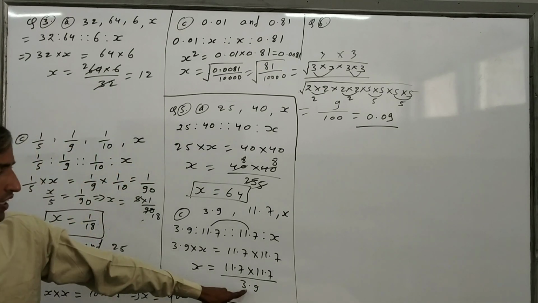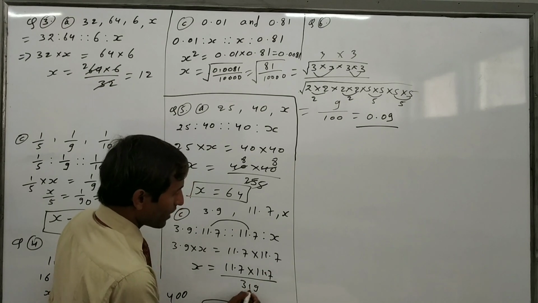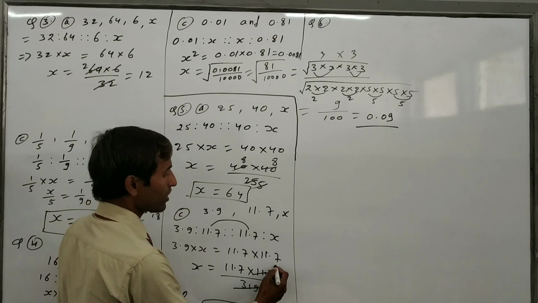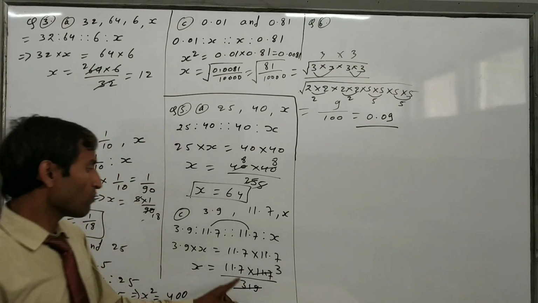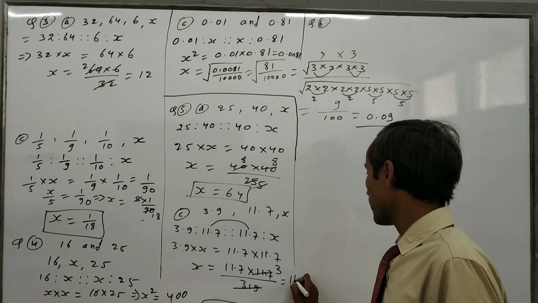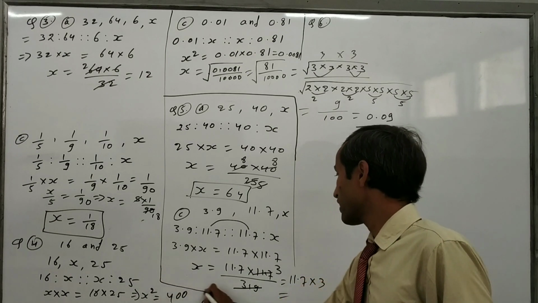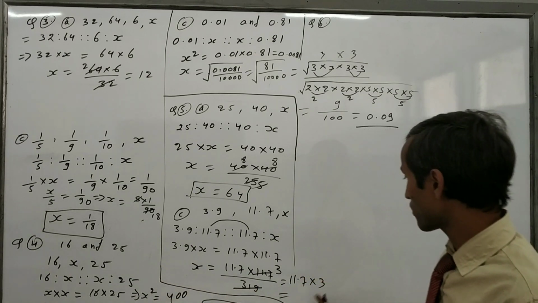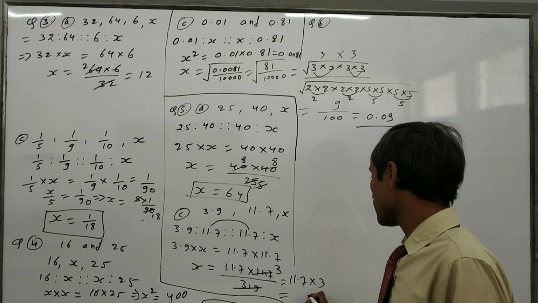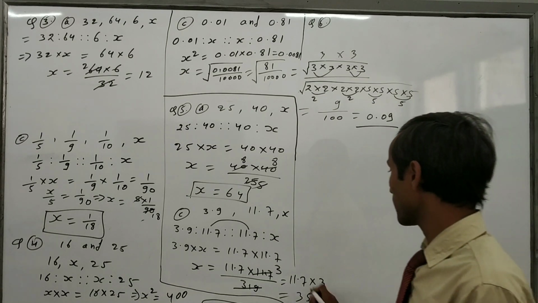Okay. Now remove this decimal point, so one digit will be removed here. Then we can cancel out 3 threes are 9, so 39 will cancel out 3 times. Now you multiply 11.7 into 3. So we can multiply, then we will get the final answer, the third proportional. So 7 threes are 21, carry 2, and then 3 plus 2 is 5, and then 3. So it will come 35.1. This is the final answer. Okay.